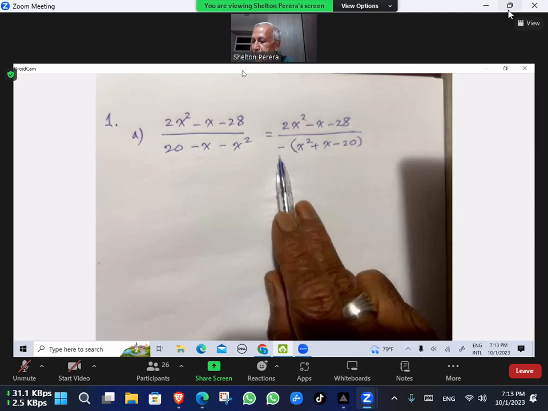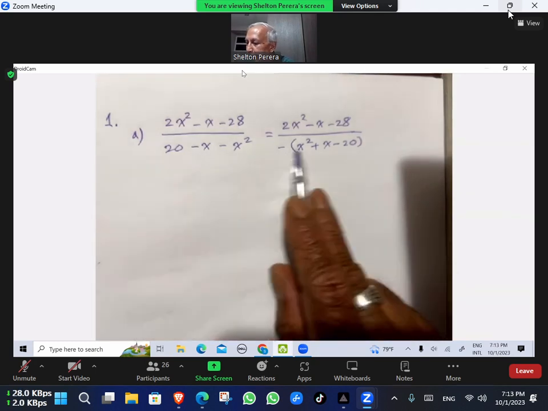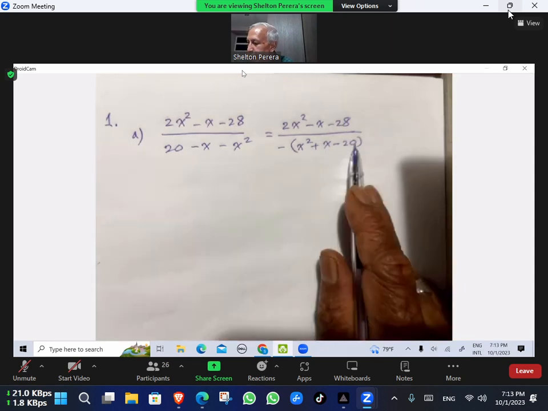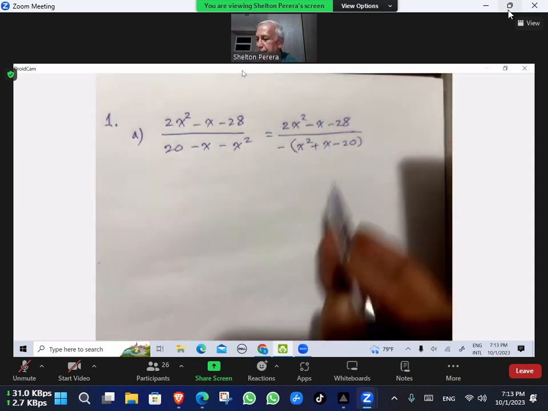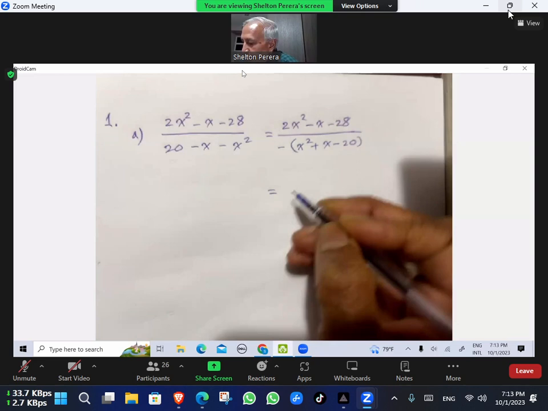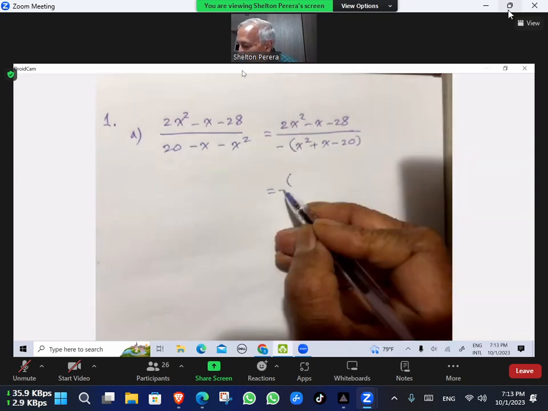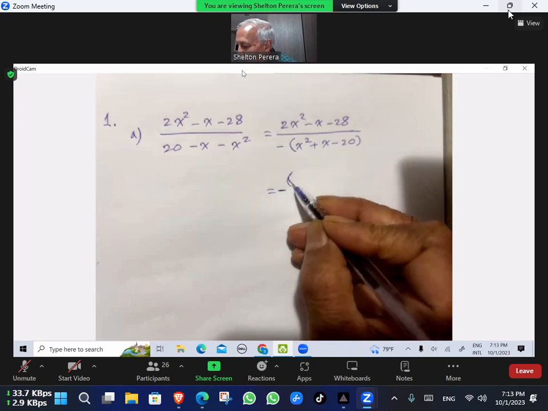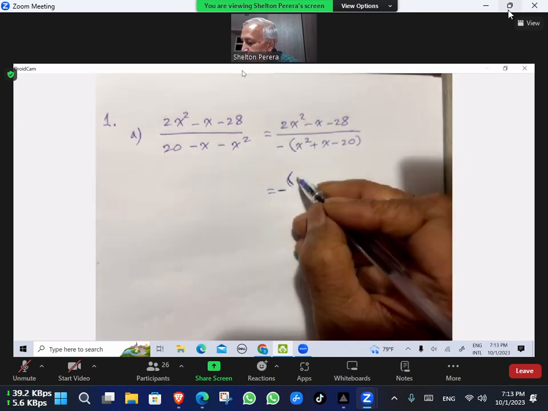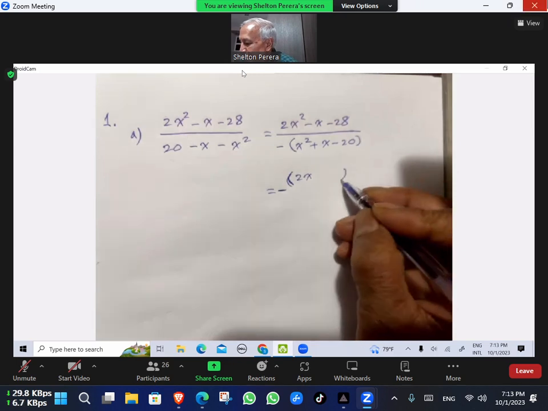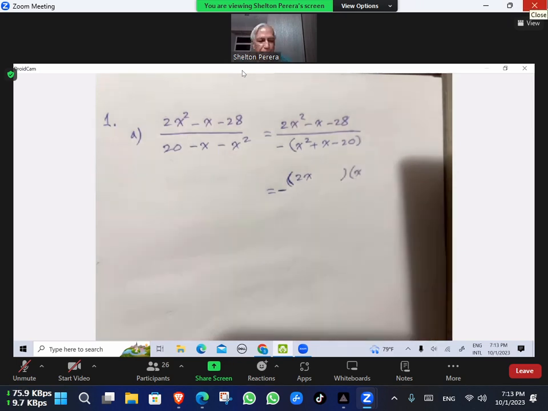Now, to see whether you have made a mistake, you can multiply and see minus x squared minus x plus 20. All three terms are there. Now, factorize the top. This minus sign can be written in front. You factor the top: 2x squared, so what are the factors? 2x and x. Then the factors of 28 are